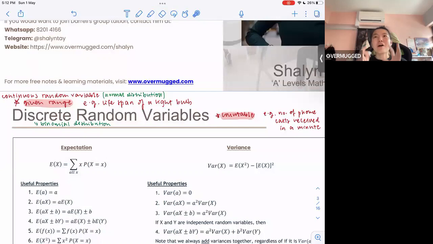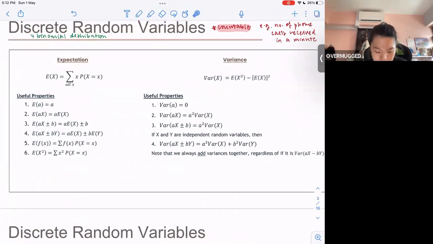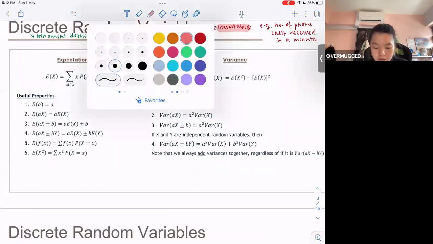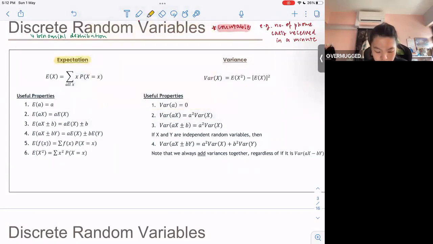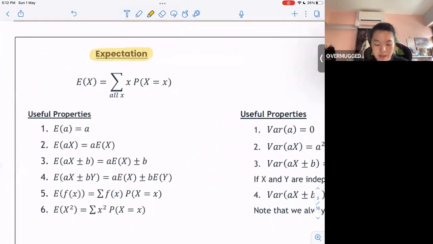And when we think about our random variables, right, discrete random variables, we think about two parameters, right? Two very important parameters that we try and measure. So the first one would be the mean, or what we know as the expectation. And the second one would be the variance. So let's take a look at the mean first, or expectation. This is also known as your mean, aka your average, right? It's the average of all the values.